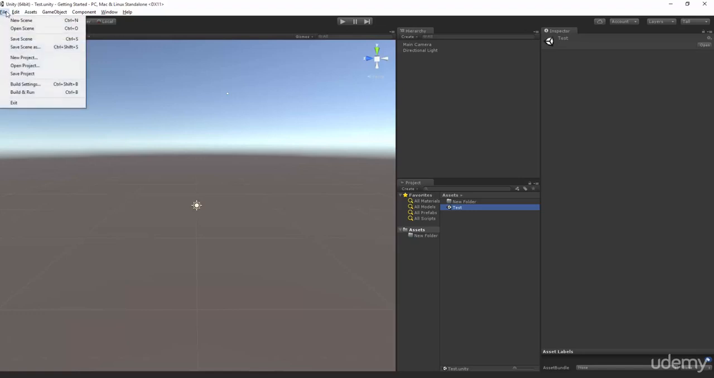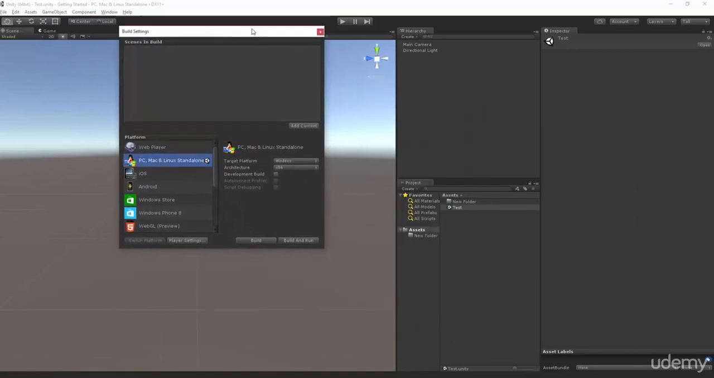Now, a project is what we created in the beginning. You can save the project. Saving the project does not save the scene. Saving the project saves the project settings. What do I mean by that? Well, if I go to Build Settings, drag my window here, and again, you can't